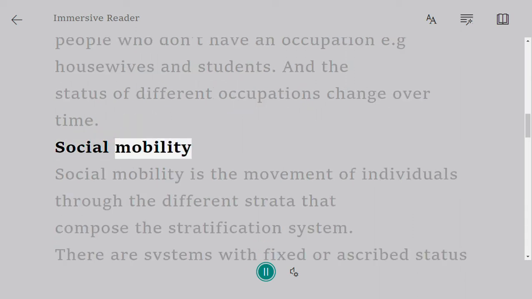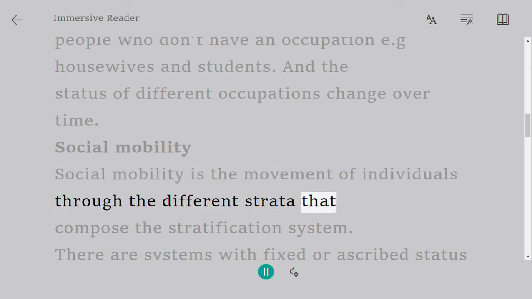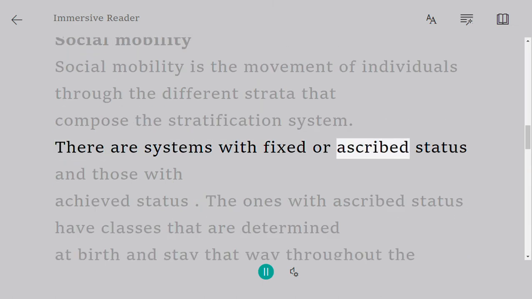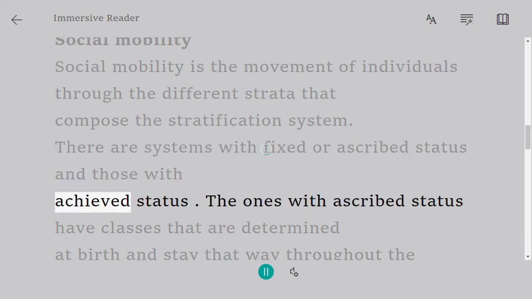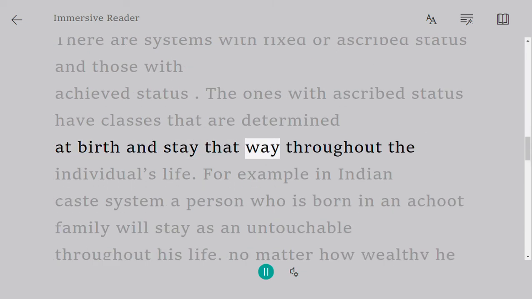Social mobility. Social mobility is the movement of individuals through the different strata that compose the stratification system. There are systems with fixed or ascribed status and those with achieved status. The ones with ascribed status have classes that are determined at birth and stay that way throughout the